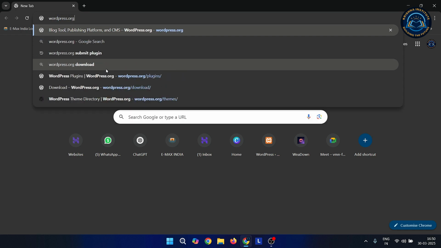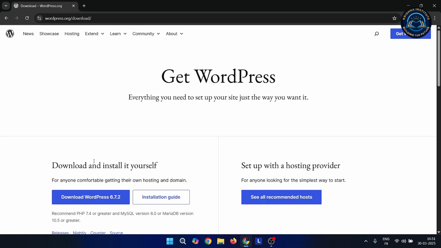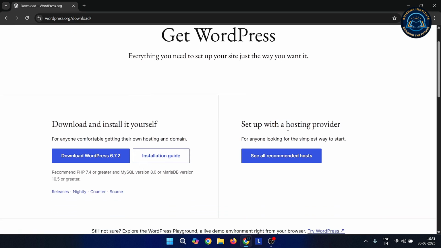wordpress.org, you need to download the WordPress zip file. So you need to open the wordpress.org website, and on the right top corner you will notice it's written Get WordPress. You need to click on it, and after clicking on it, it will open a new page of wordpress.org. In that you will get the option to download and install it yourself. Otherwise, if you want to set up with a hosting provider, you can see all recommended hosts also,